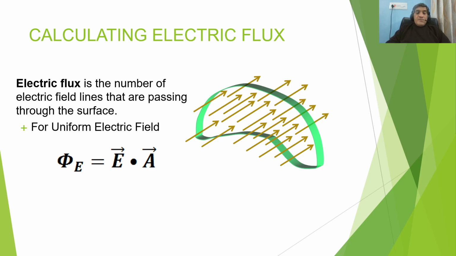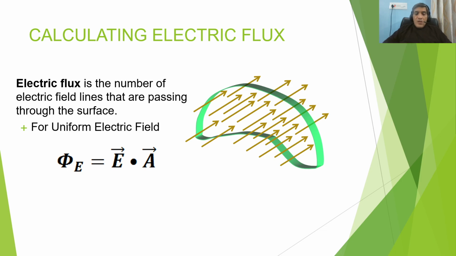So if any surface has a charge q1, and let us say another charge q2, we just add up q1 and q2. So the net charge is q1 plus q2, and after this we have a definite value of electric flux. So keep that in mind. Electric flux means the total charge enclosed by the surface.